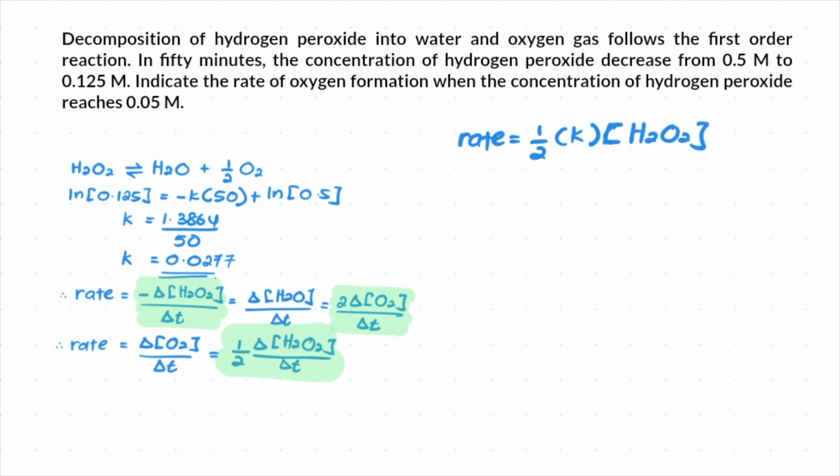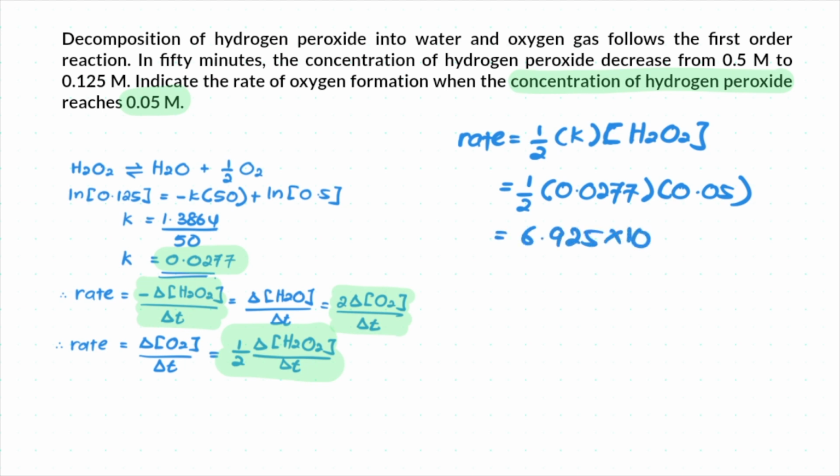Given in the question, the concentration of hydrogen peroxide reaches 0.05, and your rate constant, which is the K, is equivalent to 0.0277. So now all we need to do is just plug in this value, 1/2 times 0.0277 times 0.05. Therefore, you will get